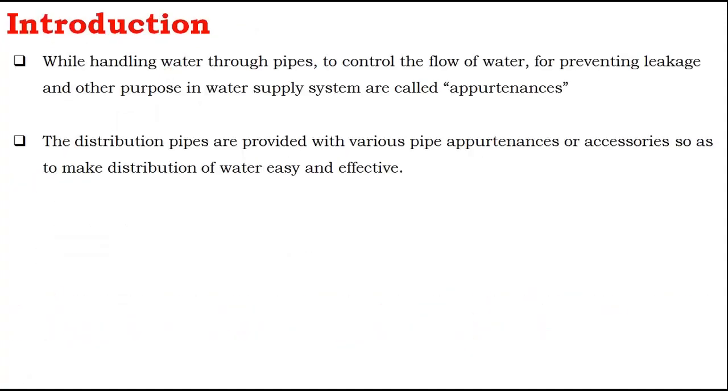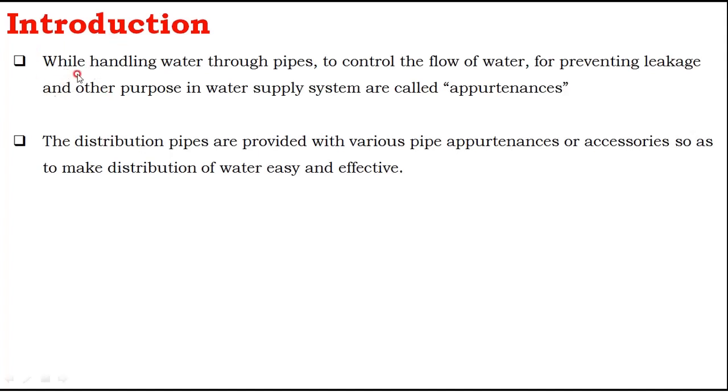Introduction. We are studying about pipes. Why are pipes required? Pipes are required to transfer fluid from one place to another place. How will pipes look? What is the shape of the pipe? Usually they will be circular in shape. Even some other pipes are there, square pipes, rectangular pipes, oval shape, egg shape. There are so many types of pipes, but usually for water supply schemes we will use circular pipes.